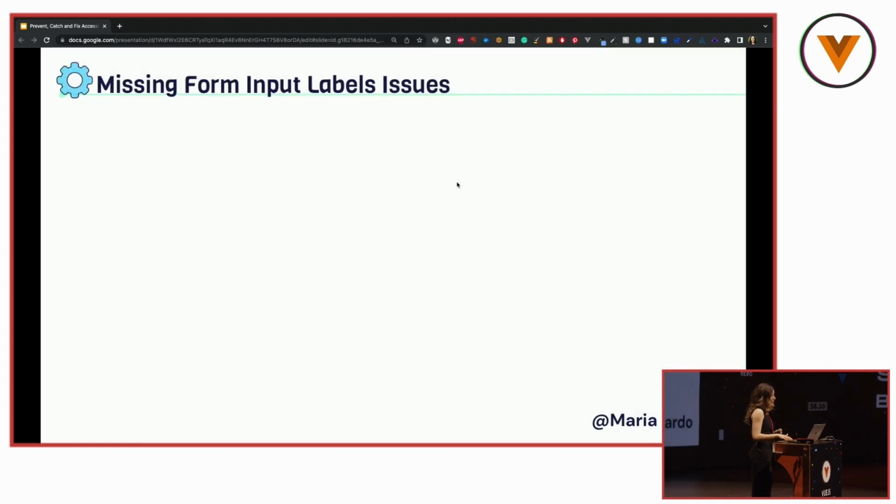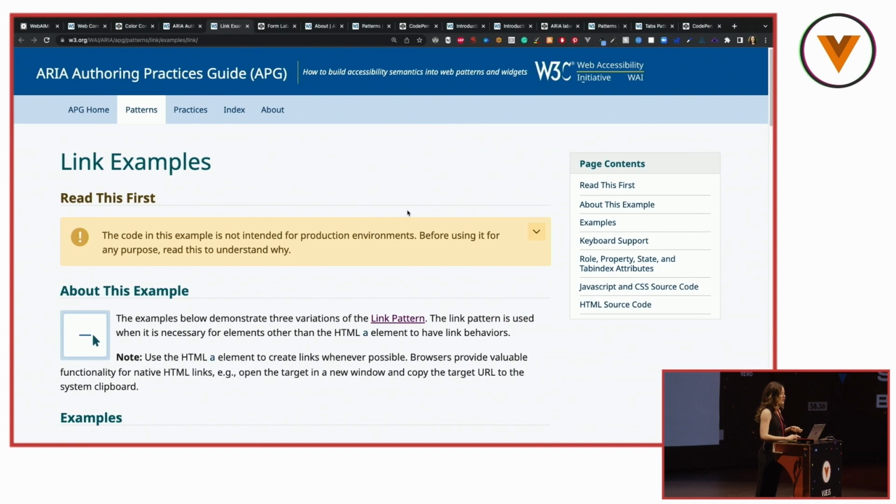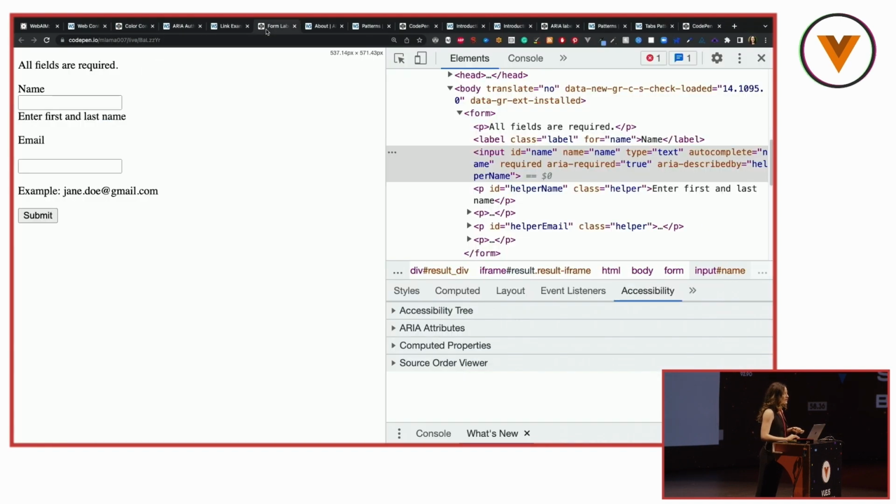Next, we're going to be talking about missing form labels. So let me show you an example of that. And actually, this one is going to be talking a little bit more about